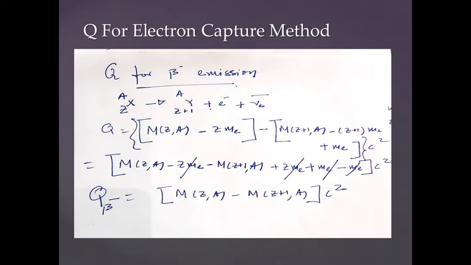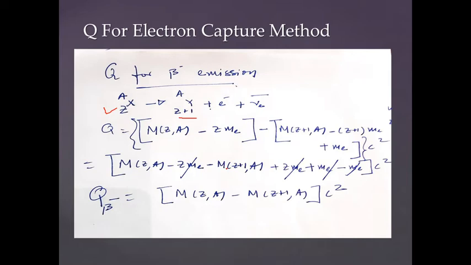So let's take a beta emission and calculate the Q for a beta emission. Here you can see the parent is Z X A. It decays into the daughter. You can note here the daughter Z is increasing to Z plus 1. A remains the same, and an electron is emitted. The total charge remains the same on both sides. You can see this is Z plus 1, the charge of the electron is minus 1, so Z plus 1 minus 1 becomes Z. So the charge has to be balanced on both sides.